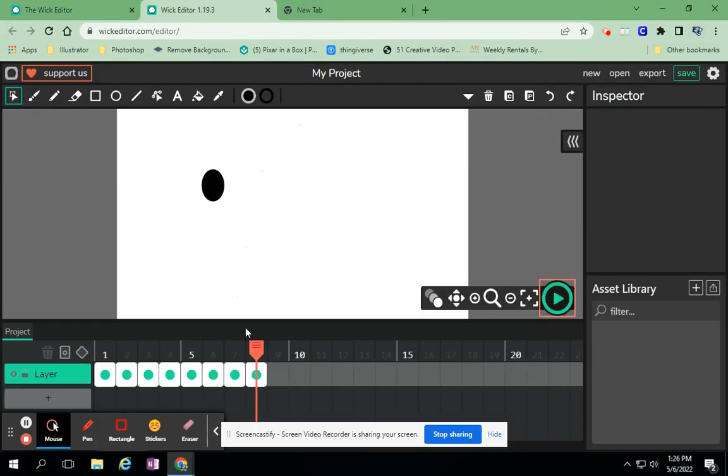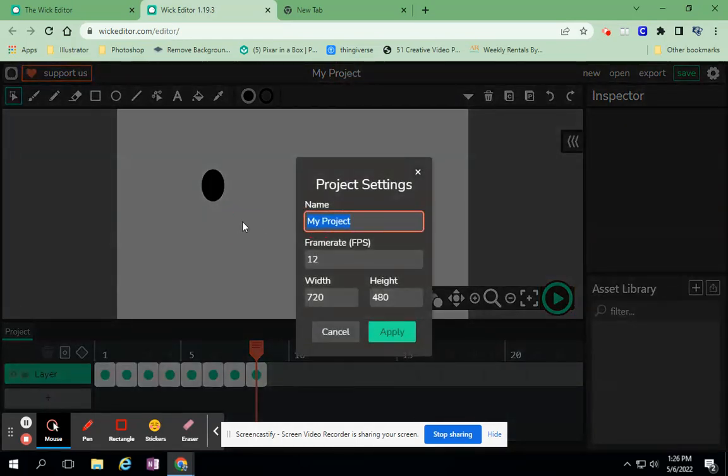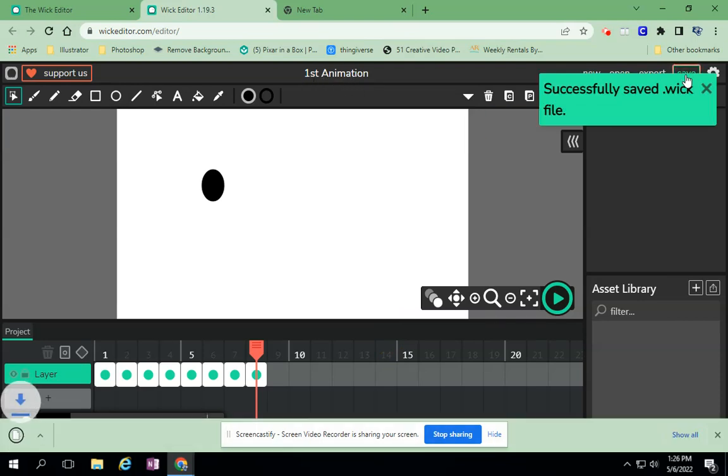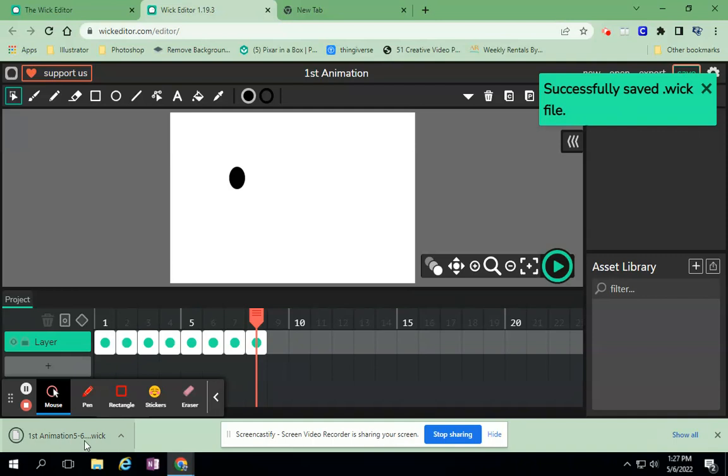There's some more I'm going to add to this in another tutorial, but just to review how to save something. This doesn't auto-save. You never signed up for an account. So this saves things to your computer. And if you want to edit it another day, you need to give it a better name. So I'm just going to call it first animation. Hit apply. And now my file name is first animation. I can hit save, and this saves into my downloads so that I can come back to this file another